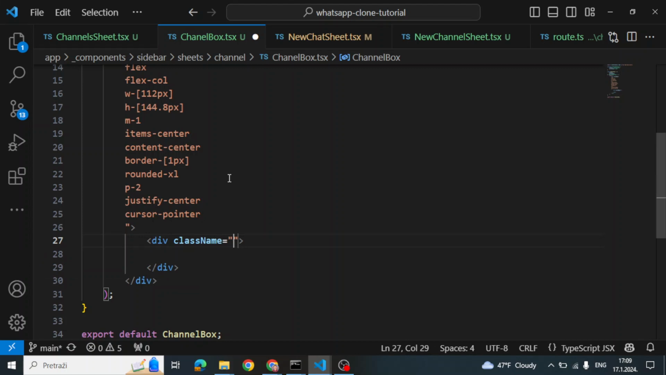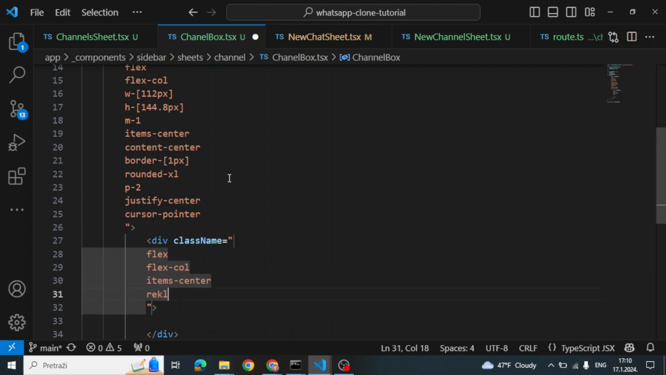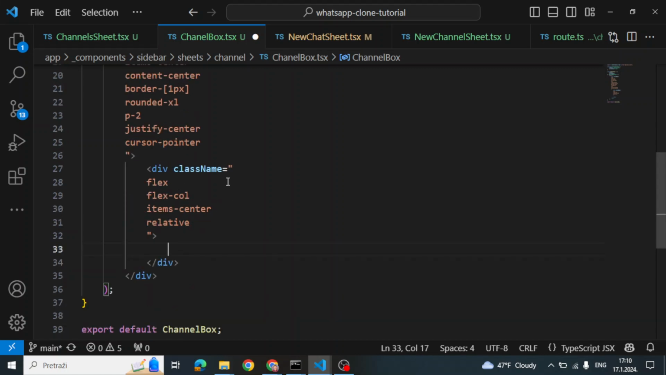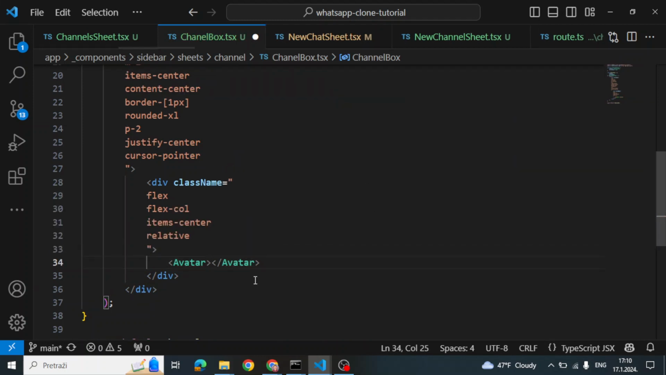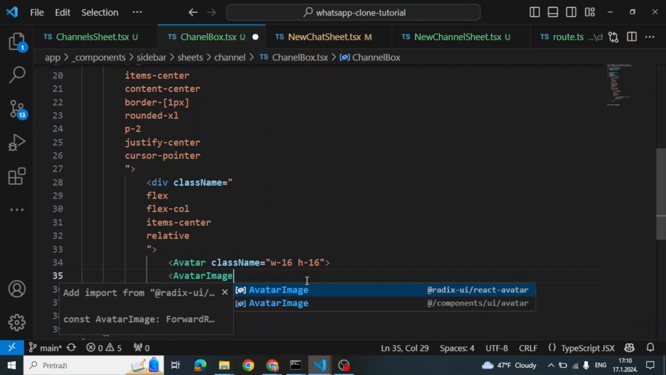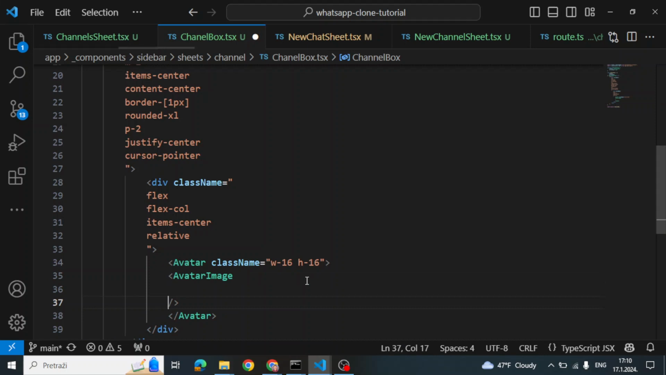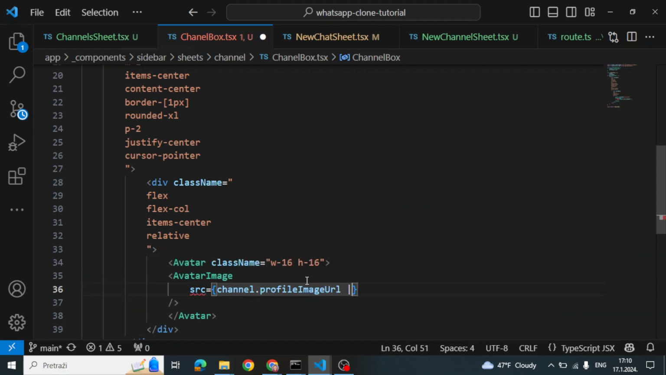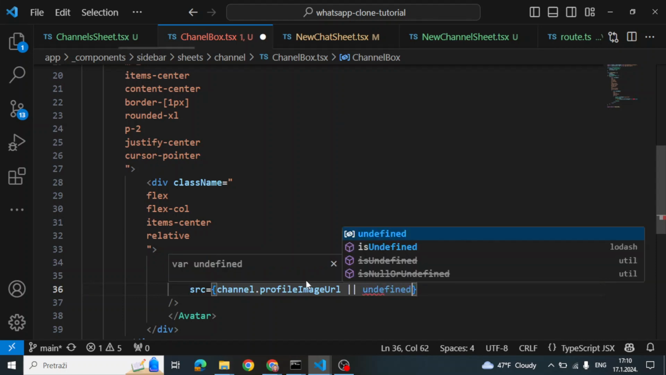So let's give class name to the second div. This one is a lot shorter, so flex-col, and items-center and relative. That's it. Inside of this div we are gonna say Avatar and import it from components UI. Class name to the avatar is gonna be w-16 and height is gonna be 16. Inside of avatar we're gonna say AvatarImage from components, self-closing, and this is gonna be the image of the channel. So source is going to be open curly brackets channel.profileImageUrl or undefined, and then